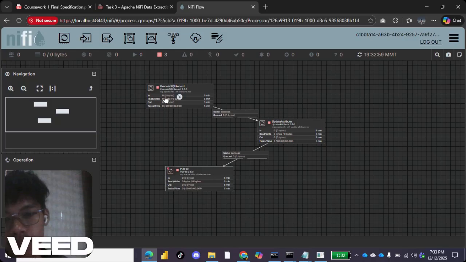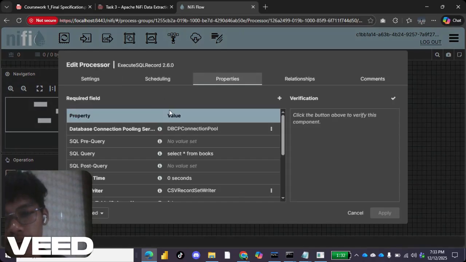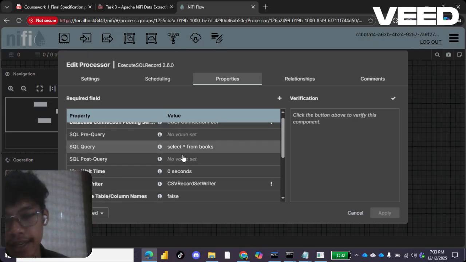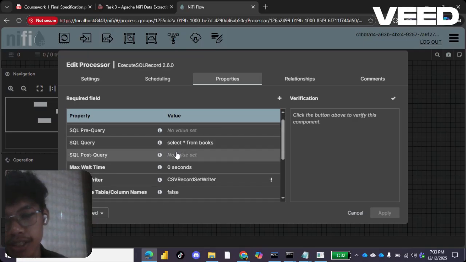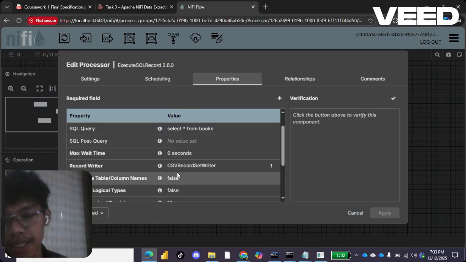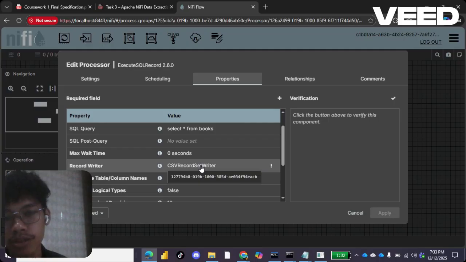In the ExecuteSQLRecord, I set the database connection pool service to the database connection pool, and the SQL query to select star from the book table. The record writer is the CSV record writer because we just want to generate the CSV format.